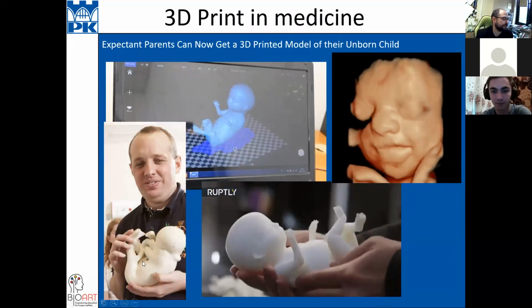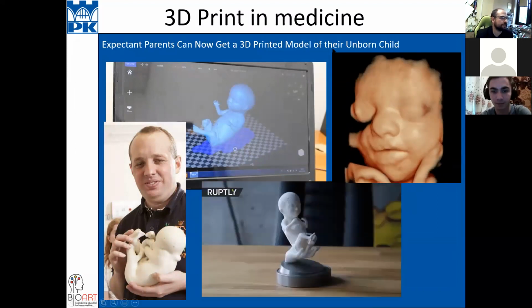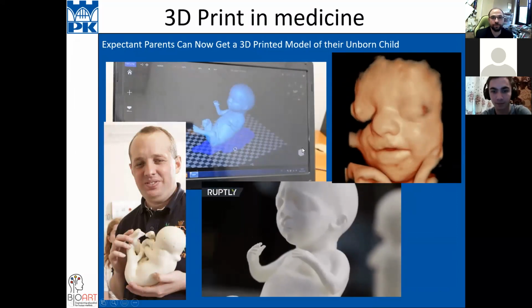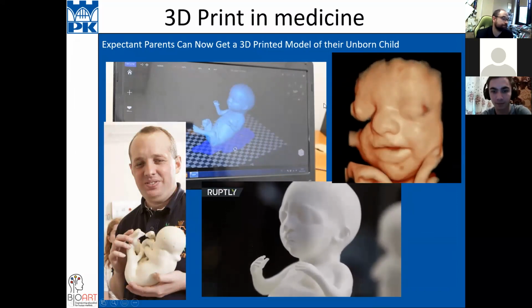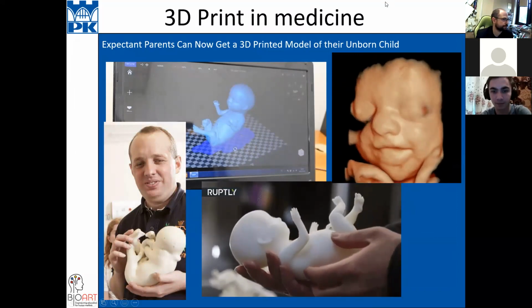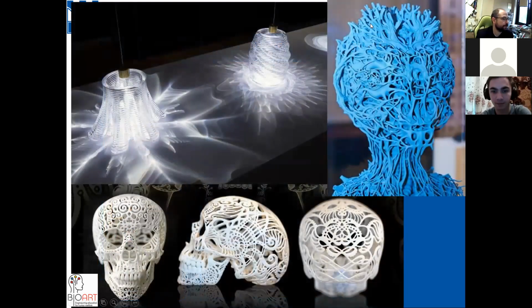This guy has in his hand a model of his unborn child, because they scanned the child in the womb of the woman and printed it. And this photo is from England, from United States, no, Great Britain, sorry. Oh, this is not a medical printer, but these are some prints that we saw at the University of Leuven.